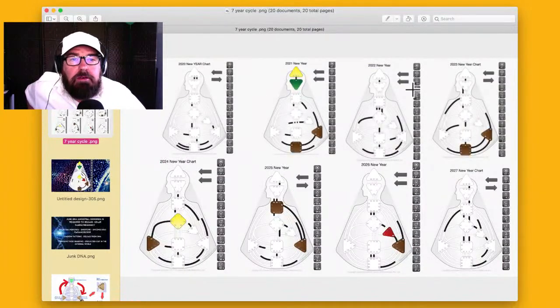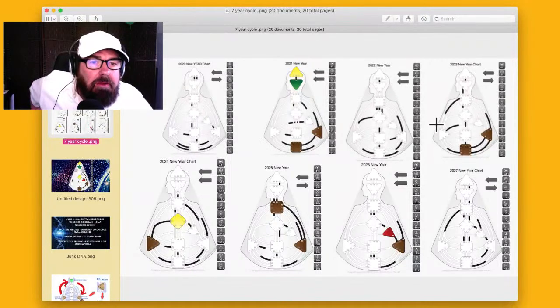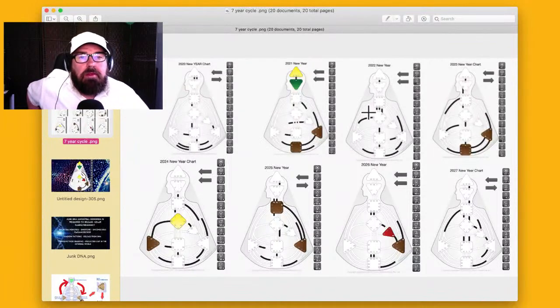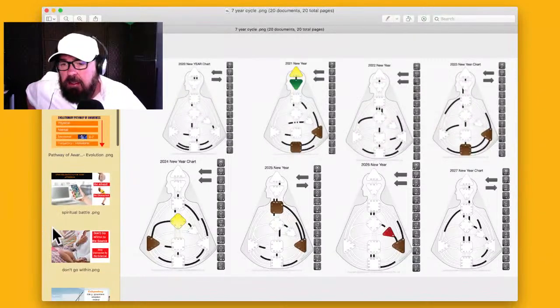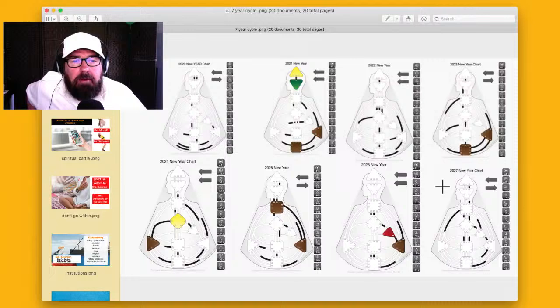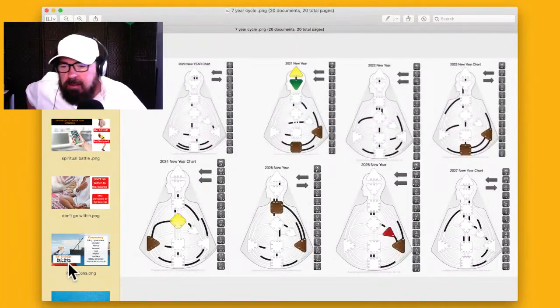Because these are the New Year's charts. 2022, I think Mars was in 10. That's narcissism. That was a big theme last year. I'm going to refer to this chart in my videos in 2023, just to keep us on track, right? Because this is the root. We're already in 2023 now, halfway to 2027. So this is the program, right?